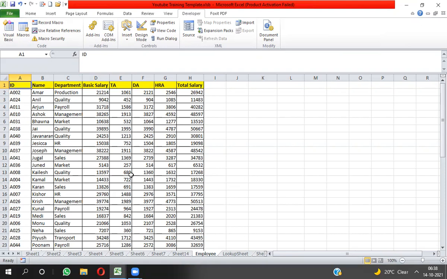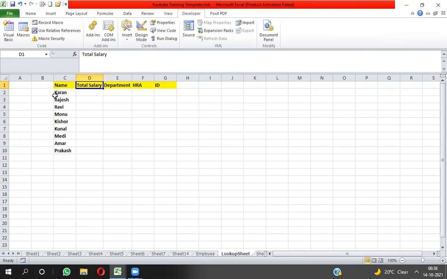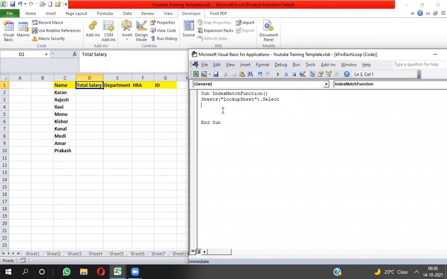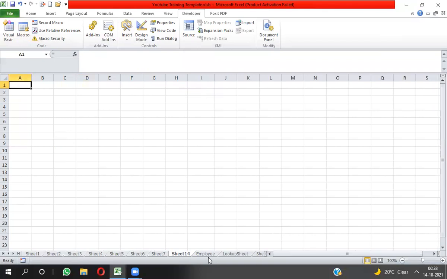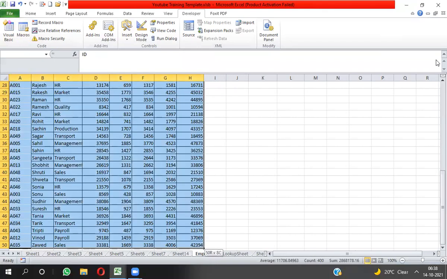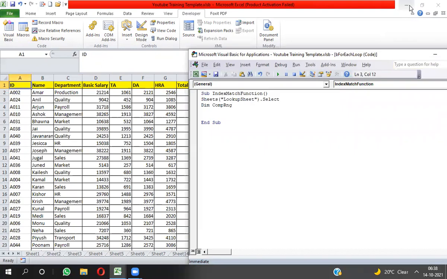My data is available in the employee sheet, but my lookup value is available in the lookup sheet. So I'm applying the INDEX MATCH function in a different sheet. As per the data I have to set the range, so here I'm just taking Dim CompRng. CompRng will take the entire data. The entire data I will set into CompRng.